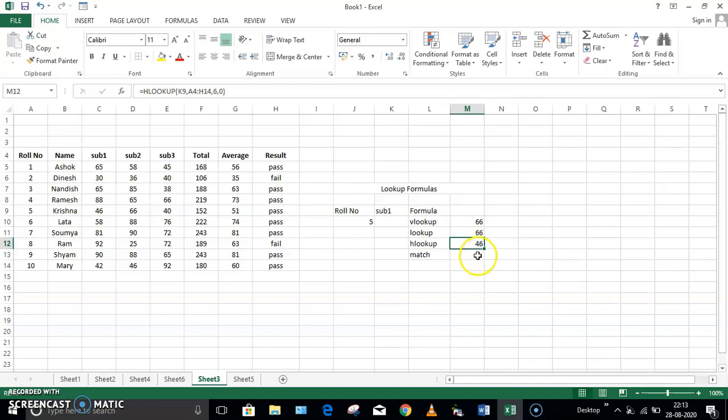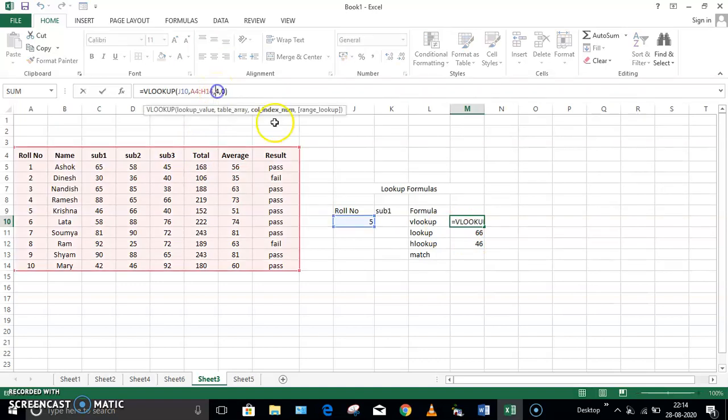Now let us move on to match. This match function is helping to use the lookup in very efficient way. I'll show you how exactly it is. I'm taking again VLOOKUP only. So here, because I am going to search for a particular column, so instead of 4, I'll write over here, delete 4 and write match in the bracket.